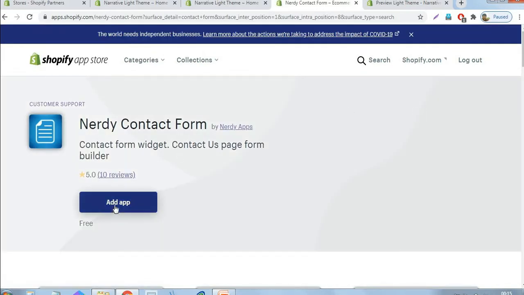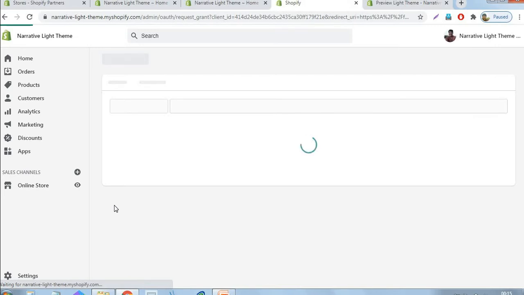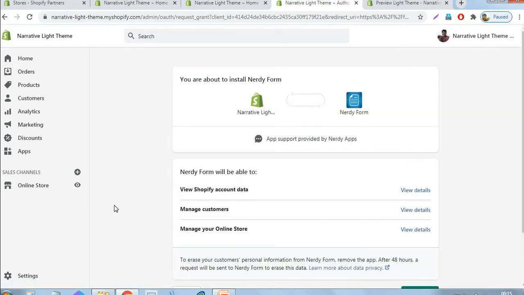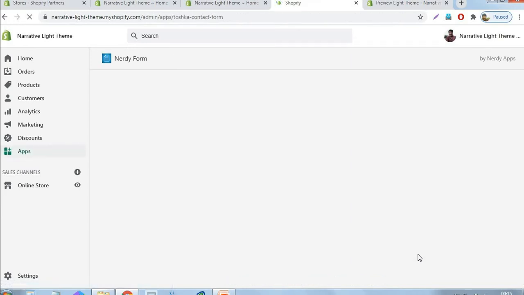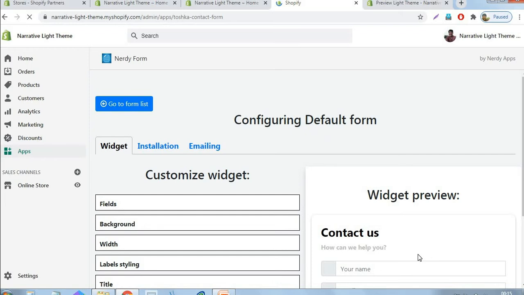Just click that and click the add app button. Then click the install app button. This app is installed in a few minutes. This is actually a simple app.